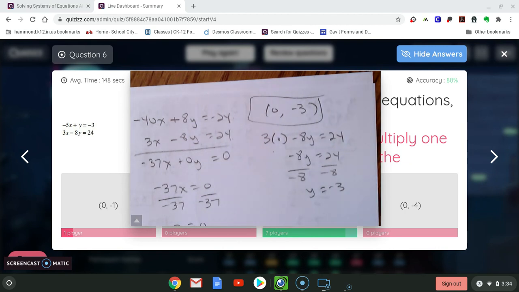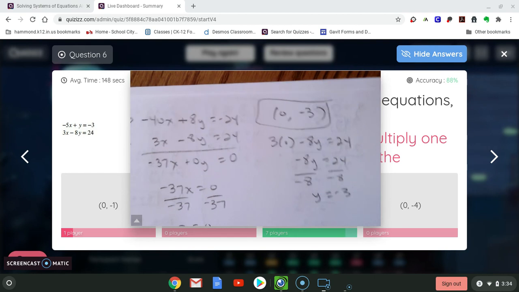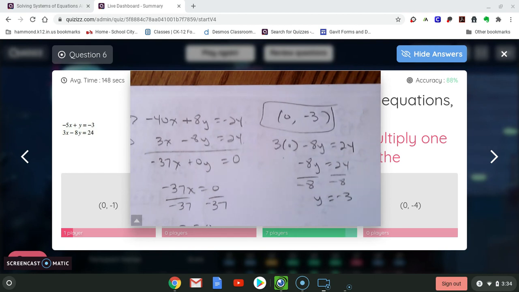So now you've got some examples of a couple of different methods of substitution and a couple different looks at using elimination to be able to solve systems of linear equations. And keep in mind that you can use your notes on the quizzes. So I'm hopeful that you'll keep these handy and take a look at them. There's also a homework game that's set up on this quizzes. So if you wanted to go back in and practice these some more,